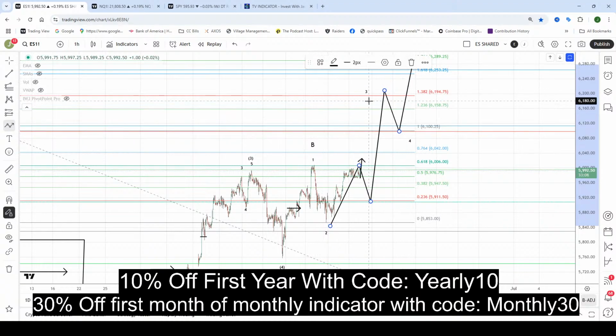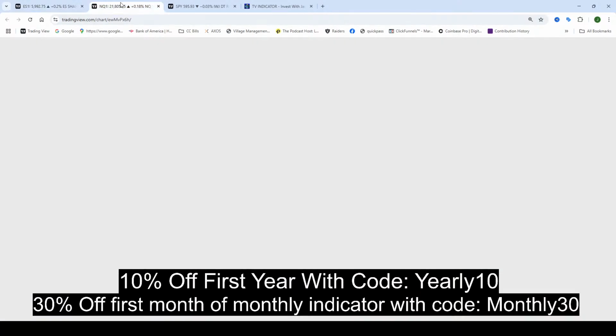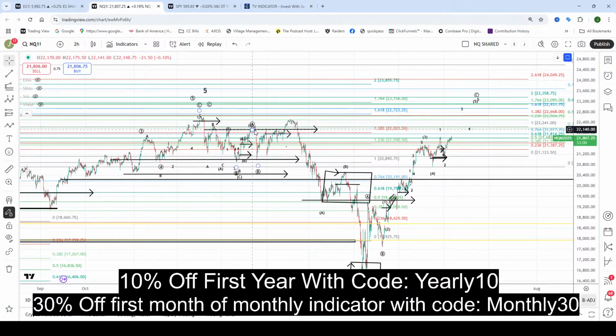And we'd be looking at 6,350 overall to 6,400 as our target. So that's where we are on the ES. On the NASDAQ, same type of deal. We have a 1-2 setup. They could make a high here and turn down for the Qs to make that high as well, since they